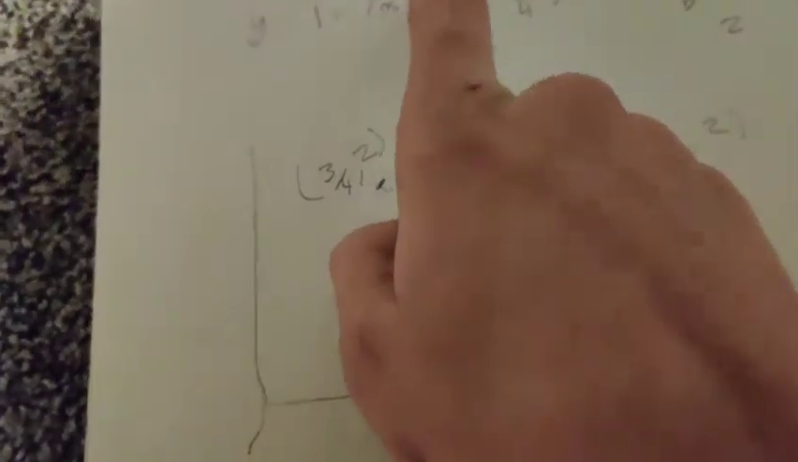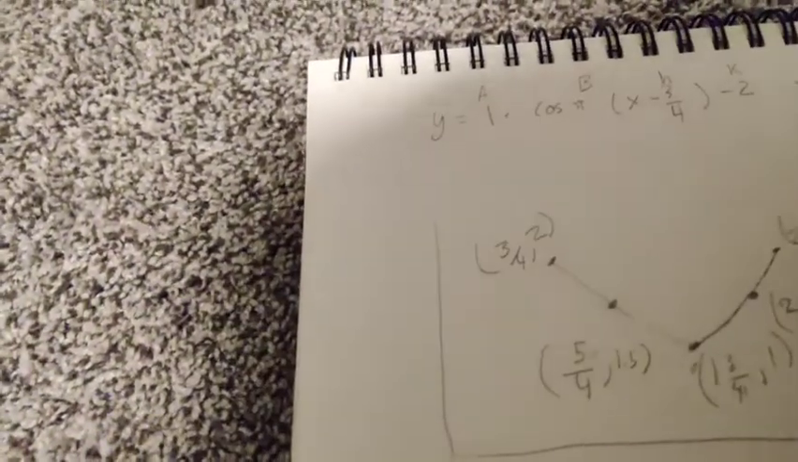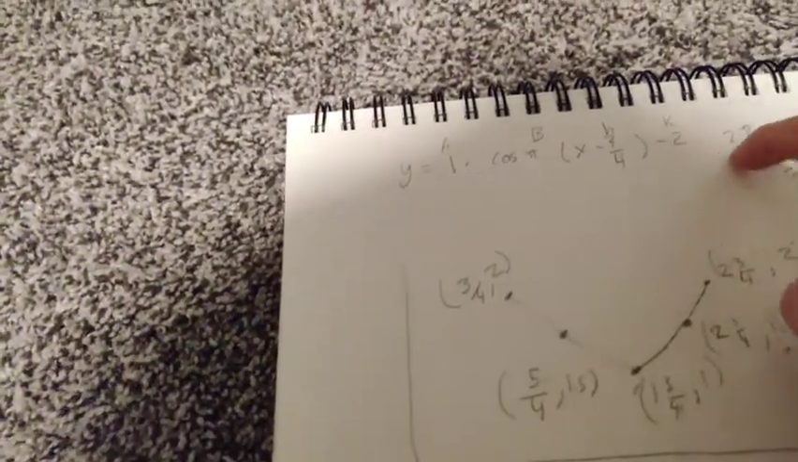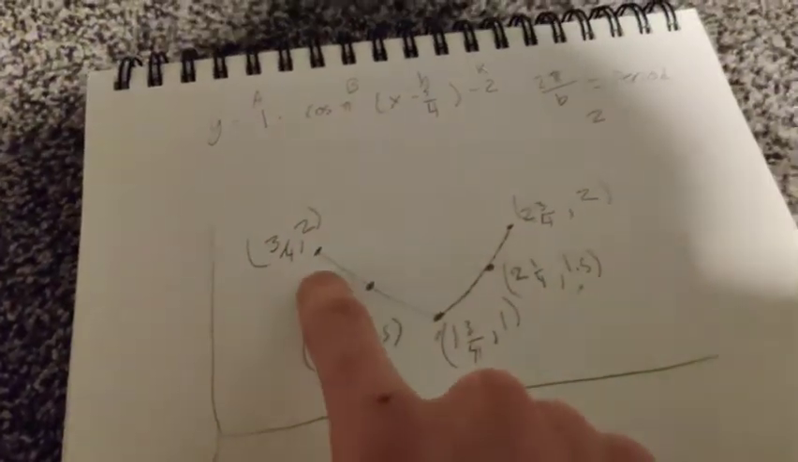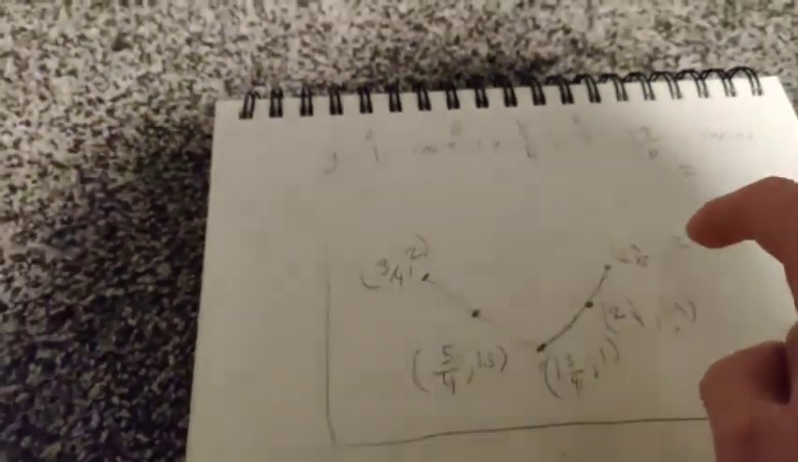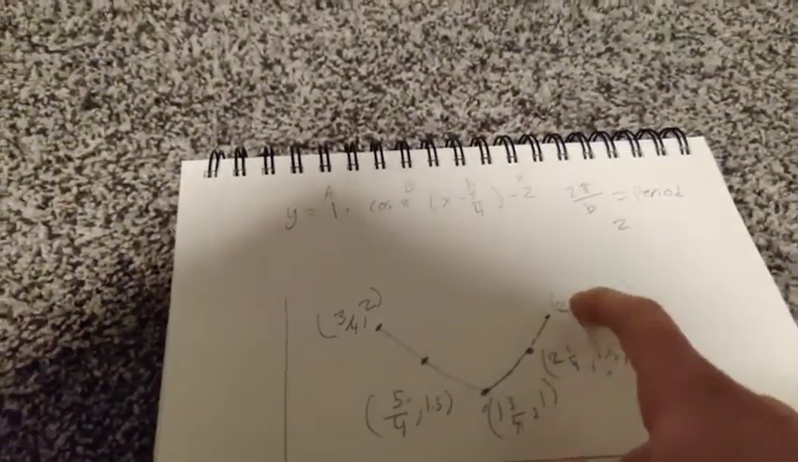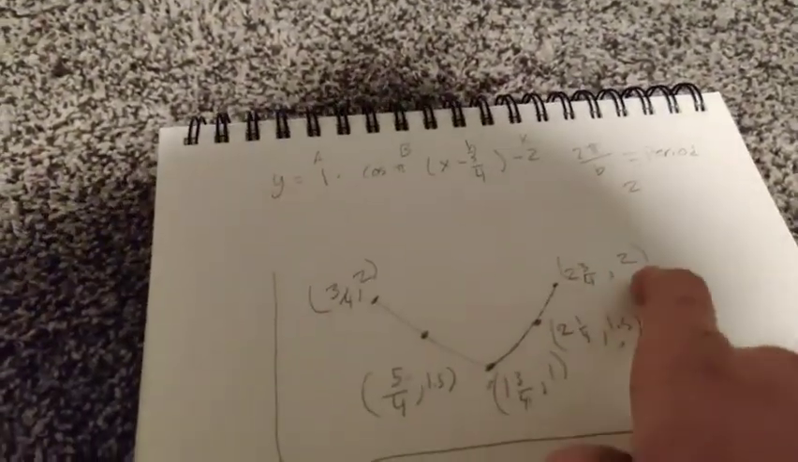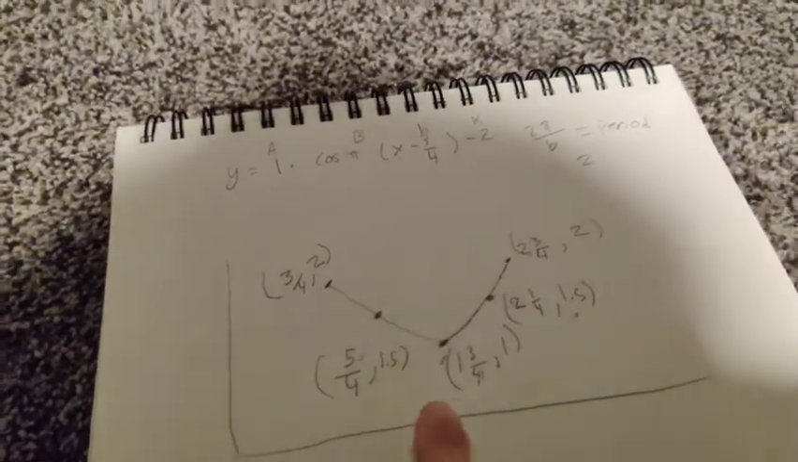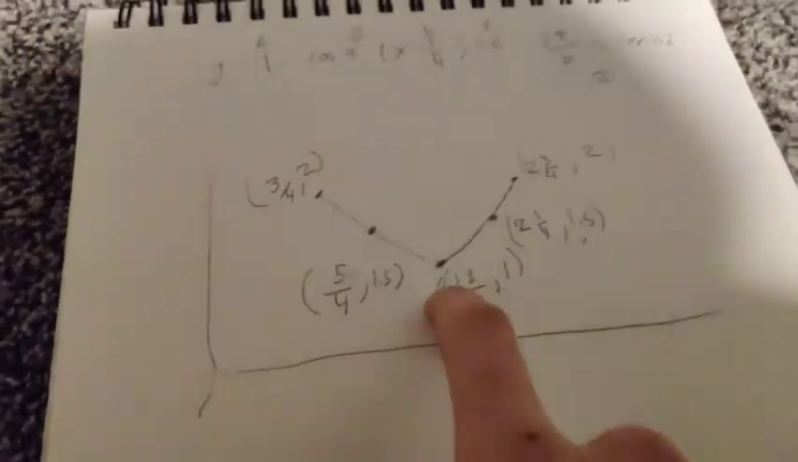And since the period has pi in it, then it should be a normal number without pi. And you do 2 pi, and then divided by pi is just 2. And that's how you get the period of that. And then the x value of this point would be 2 3/4, and then comma 2, and then you would find the midpoint of that, and it would be 1